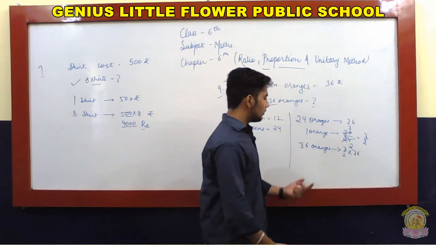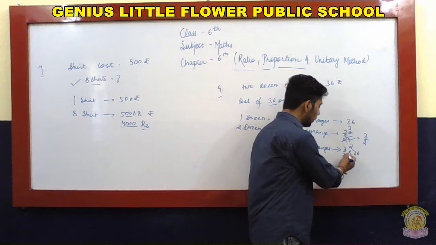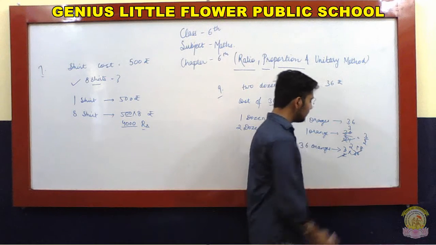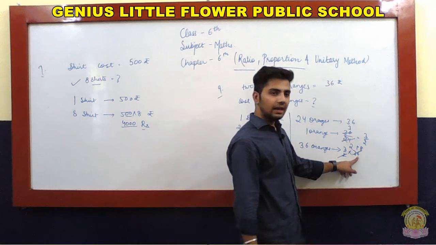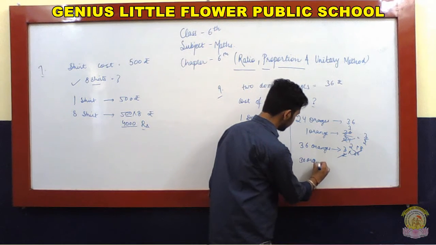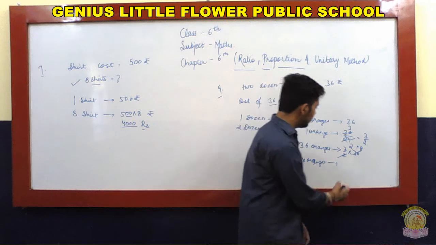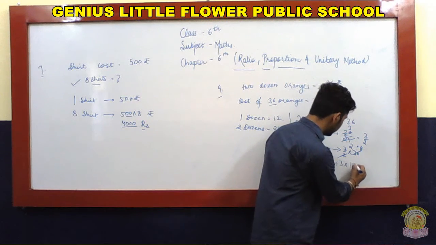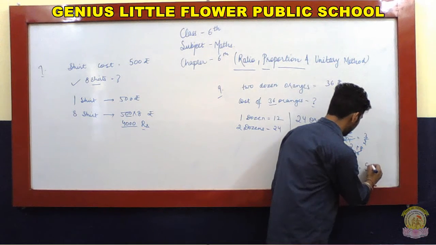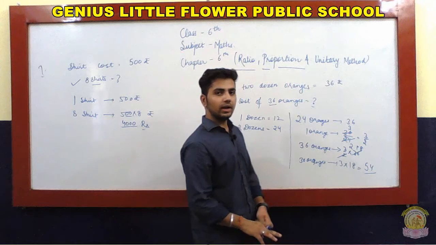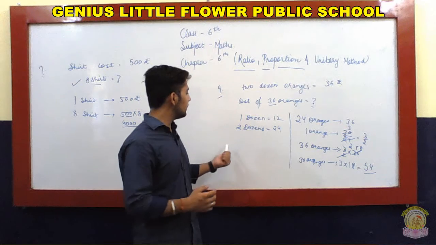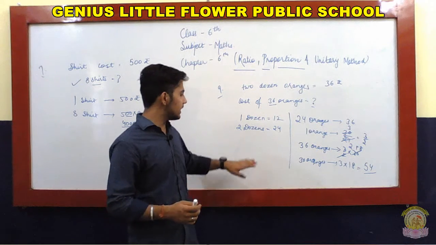यही होगा ना. So what we are going to do, हम क्या करेंगे? We are going to cancel these 2 and 36, and what we will have? 18. After cancelling by 2, we will get 18. So what is the result? 36 oranges cost 3 into 18, right? So 18 3s are 54, right? So you can tally your answers, and other questions are also of the same concept. बिल्कुल same है, यूनिटरी मेथड को ही आपको फॉलो करना है और इसके एक्सरसाइज सॉल्व करनी है.